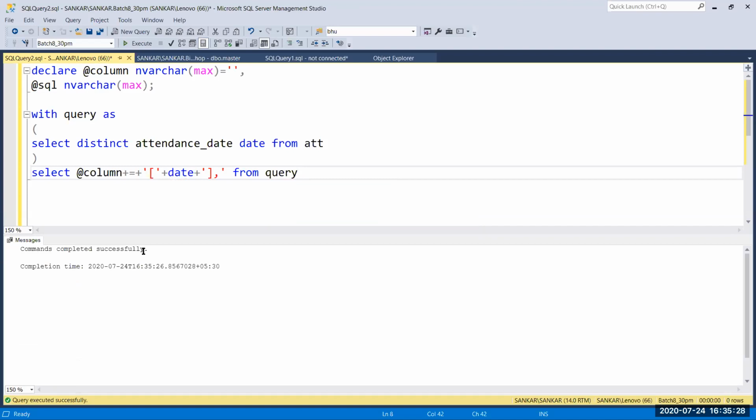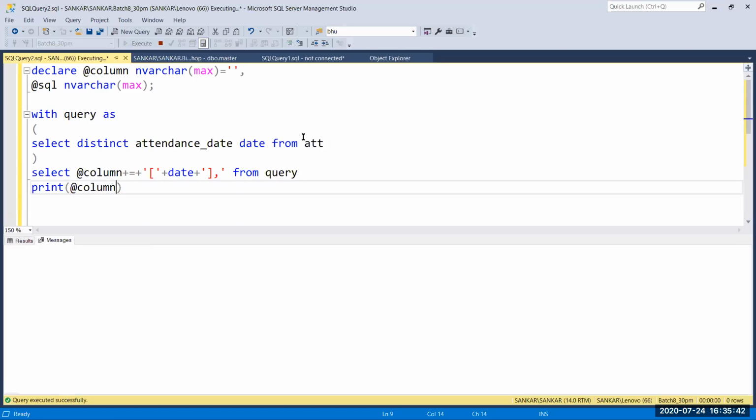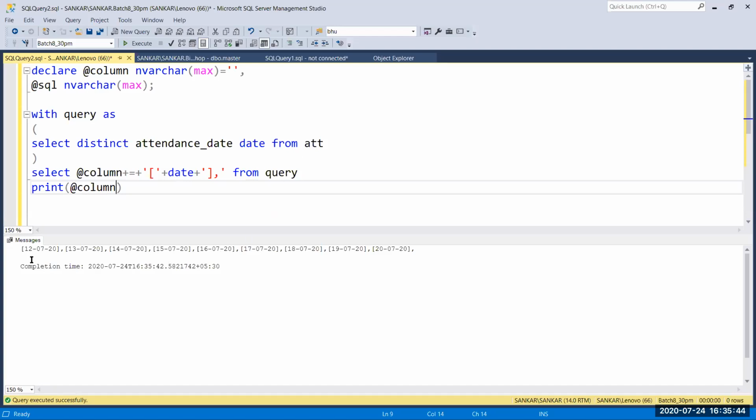Now you can't see any values because the dates are added into @column. Now I'm going to print that variable. Now you can see the column values are converted into the particular format which we need. This format we need, right, for the pivot table.